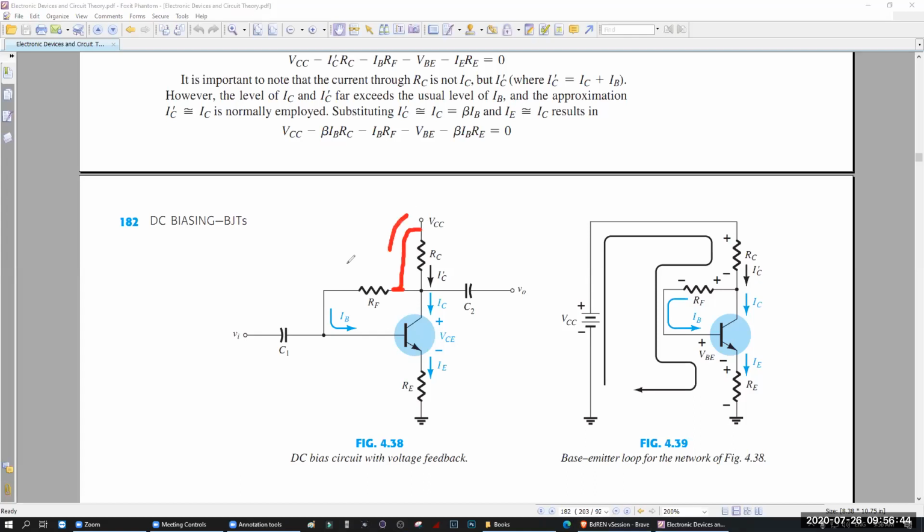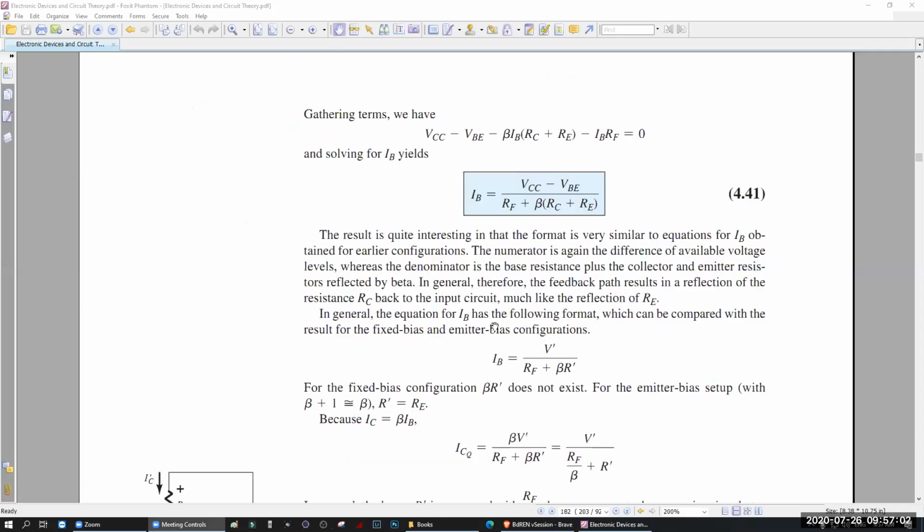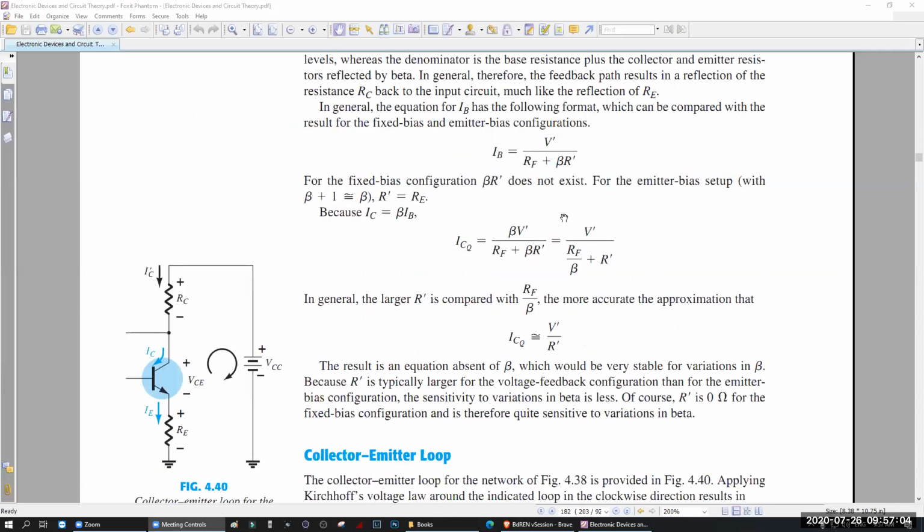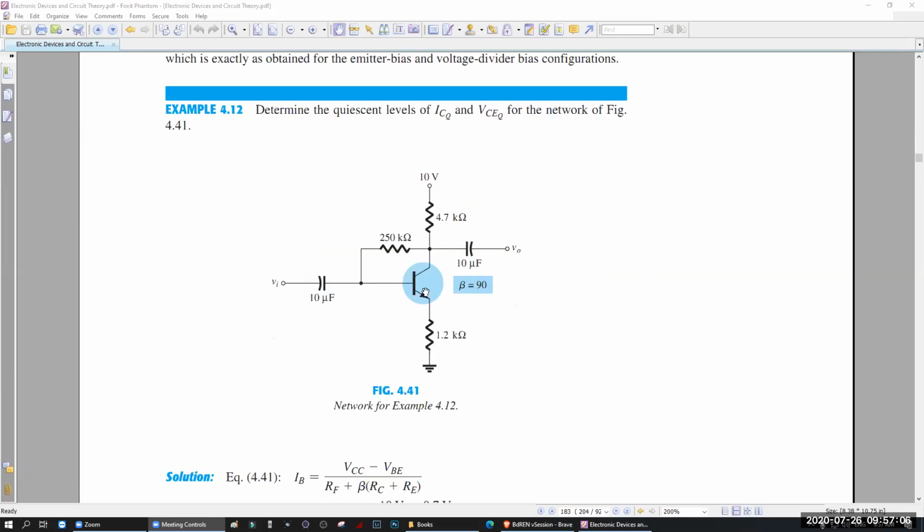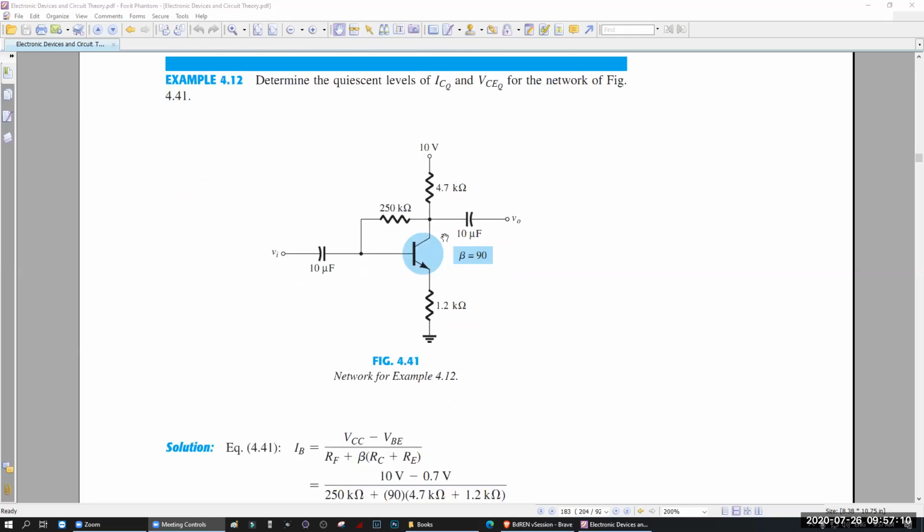So IB will come out and IB will go. But right now, in this configuration, this is not connected to the VCC. This is connected to what? Collector. This is connected to collector. Understand? Yes, sir. Okay. So how to analyze this? There is an approximation method in your book, but I do not like approximation. I will be doing it separately. Let's solve this math.